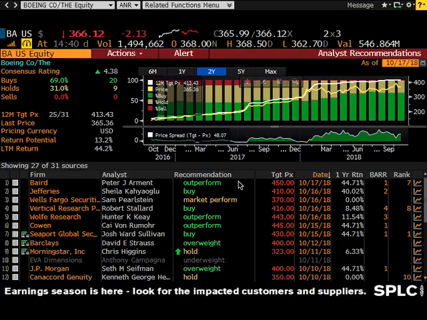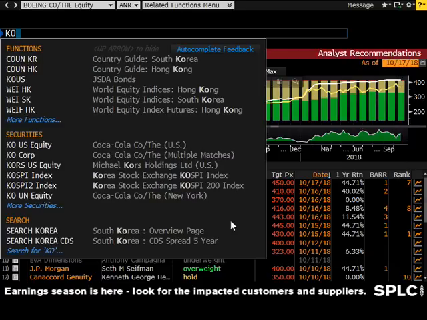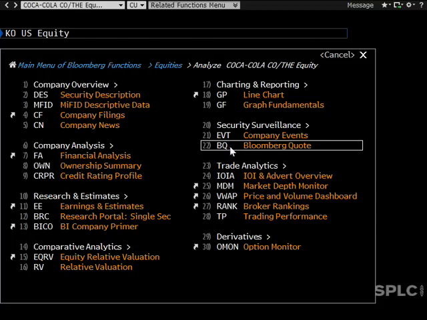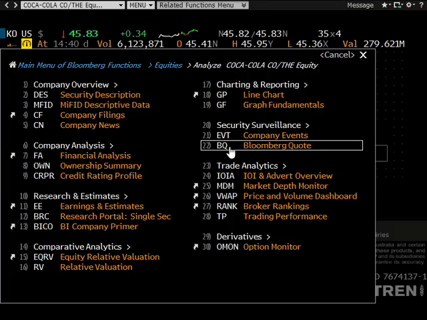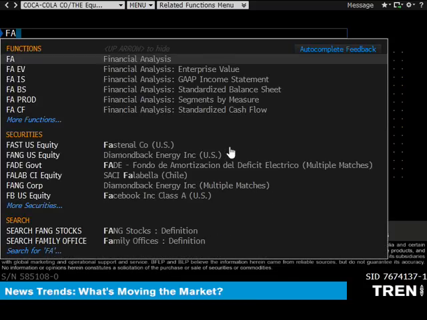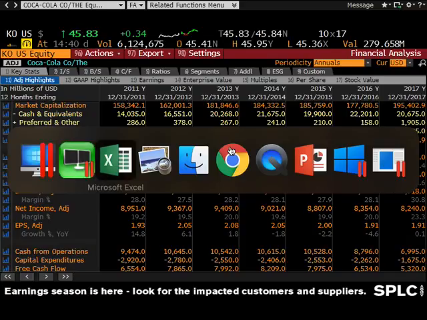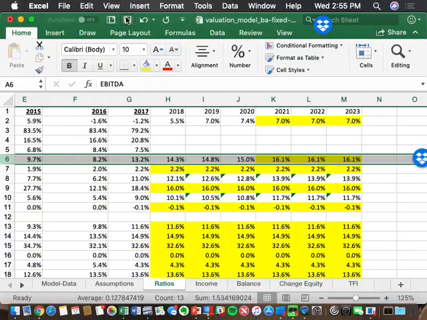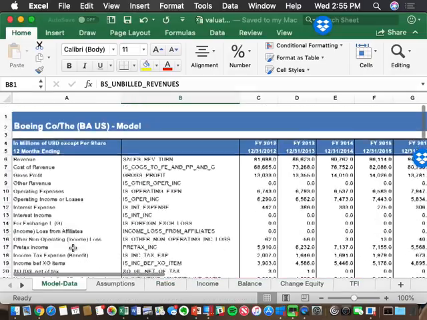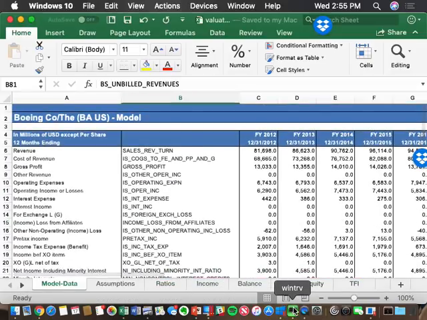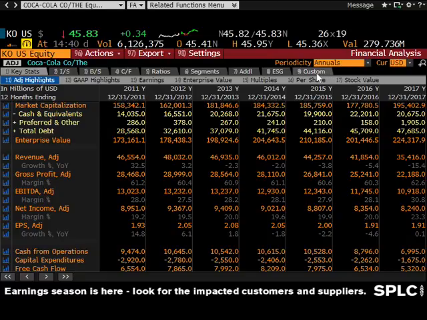So when we're downloading the model template for Coke, we assume that it balances. It should balance. So somebody asked about, is it going to balance? So I'll give you guys a hint. Let's find out right now. So if I go to KO US Equity and I go to FA, and by the way, let me save this file. So this is the fixed one we just did. This is now Boeing's data in it. And if I want to do Coke, then again, custom,